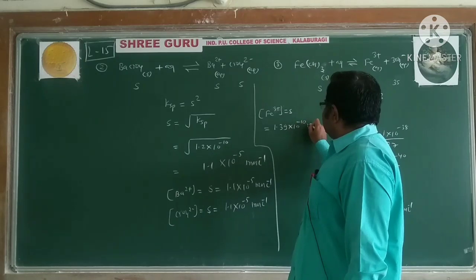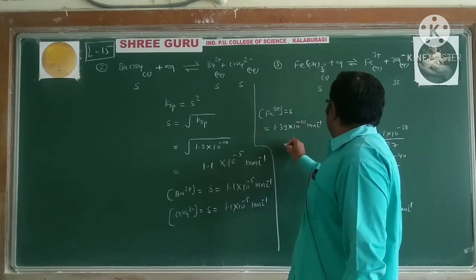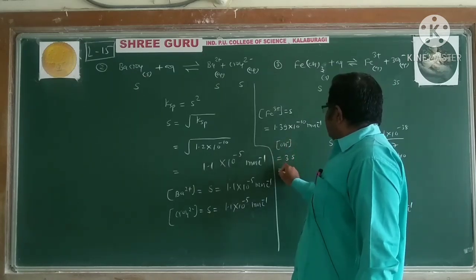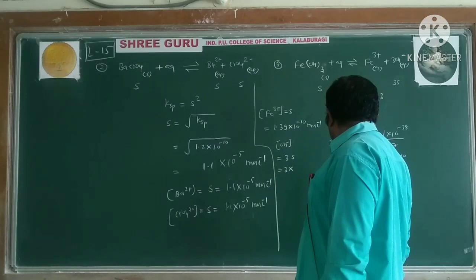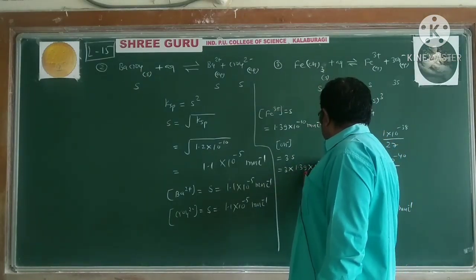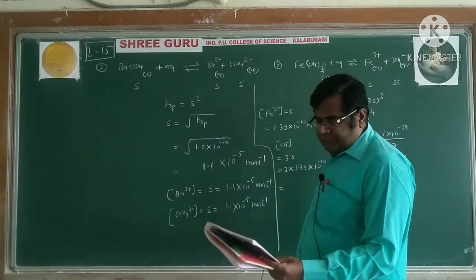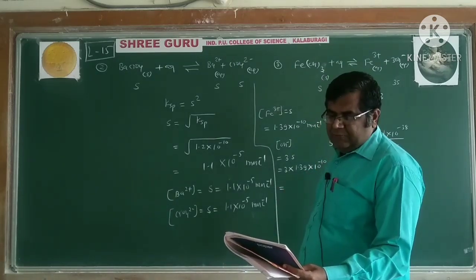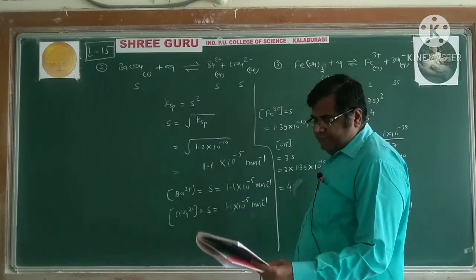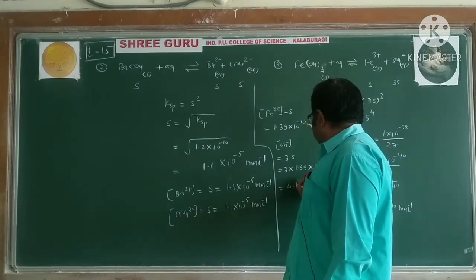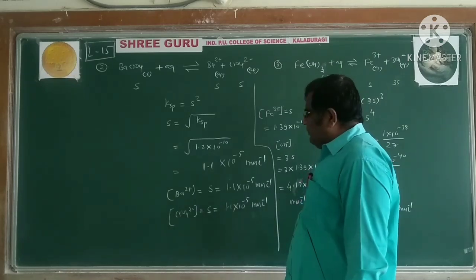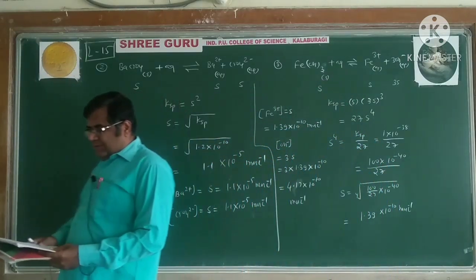1.39 into 10 raised to minus 10 mole per liter, and the molar concentration of OH negative ion is equal to 3S, 3 into 1.39 into 10 raised to minus 10, and that equals 4.17 into 10 raised to minus 10 mole per liter. These are the answers for this